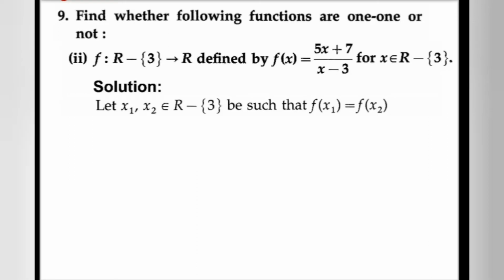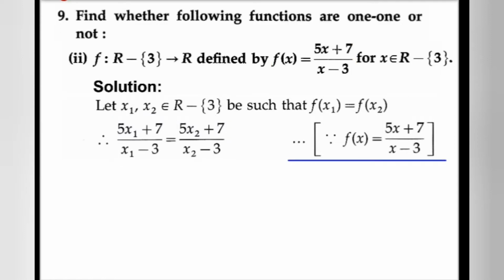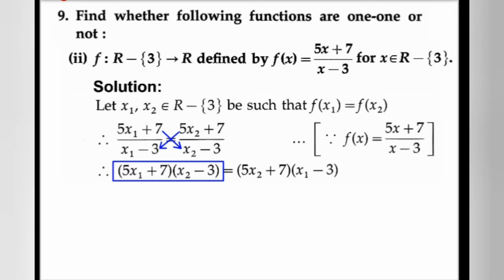Let x1, x2 belong to R minus 3 be such that f of x1 is equal to f of x2, which means 5x1 plus 7 upon x1 minus 3 is equal to 5x2 plus 7 upon x2 minus 3, since f of x is equal to 5x plus 7 upon x minus 3. Therefore, (5x1 plus 7) into (x2 minus 3) is equal to (5x2 plus 7) into (x1 minus 3),